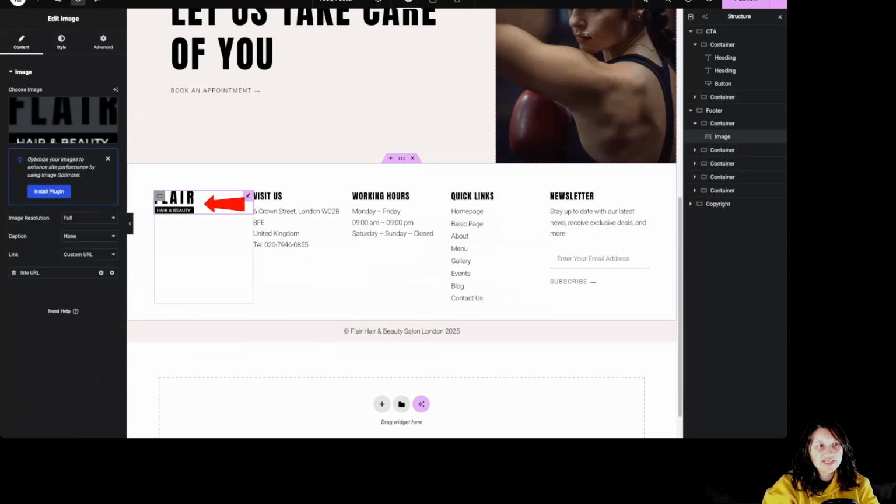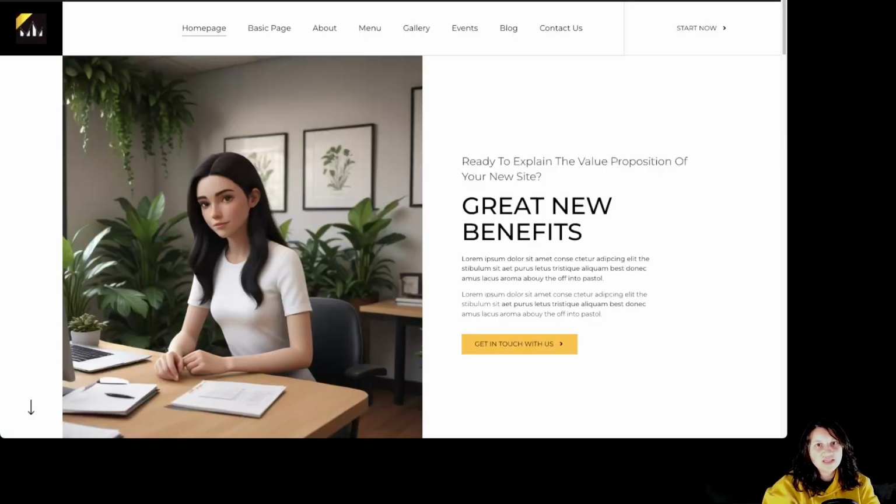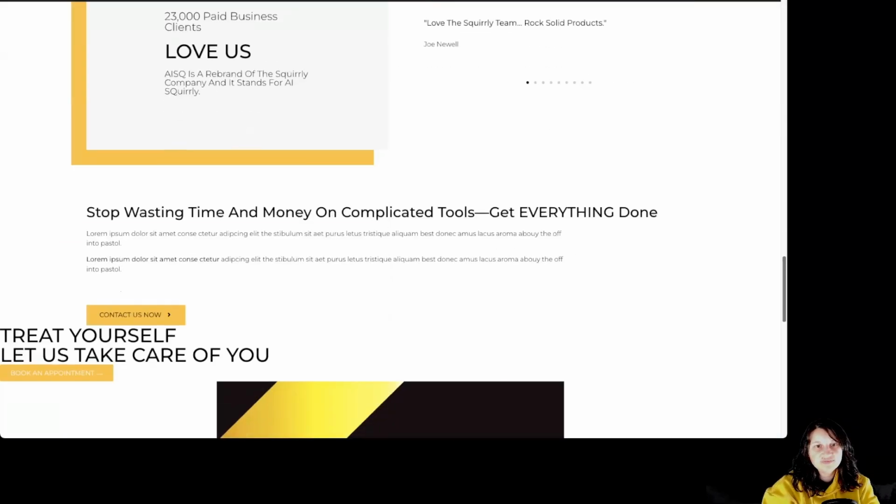Over here, by clicking over here, we can see that it's an image widget. In order to have our website image, we can click over here to dynamic tags and choose site logo. We can change the size like so. So let's say that we like this one. We simply have to click over here to publish. And now by opening our website in a new tab, scrolling to the end of the page, we can see